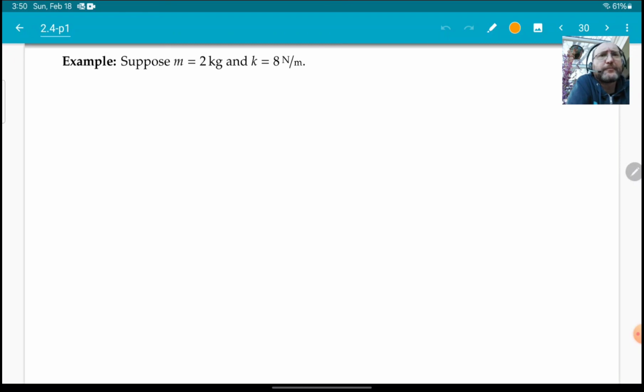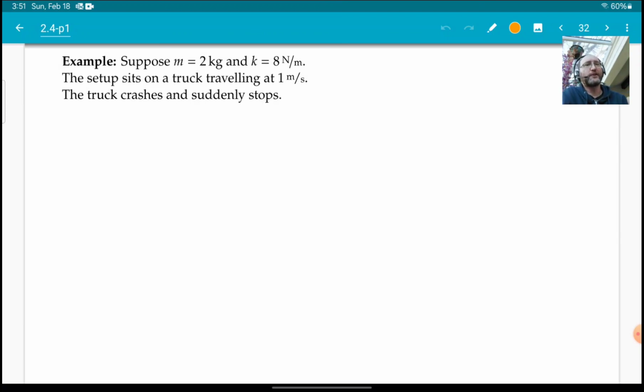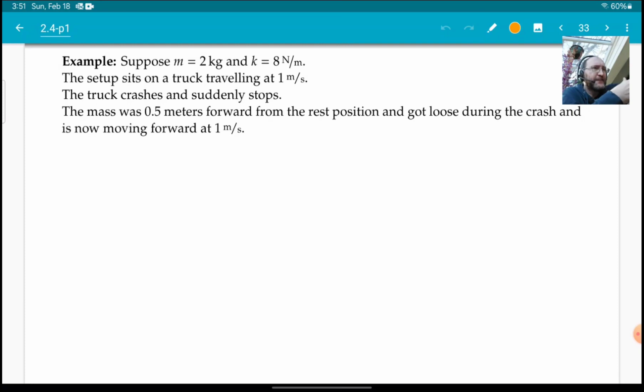So let's look at a specific example where we let m be 2 kilograms and k is 8 newtons per meter. And suppose this entire setup with the mass and the spring is sitting on top of a truck, facing forward. The truck is moving at 1 meter per second, and then it crashes into the wall. So it suddenly stops. Everything just goes to a halt, except the mass, of course, which is sitting on this setup, and it was fixed at some point